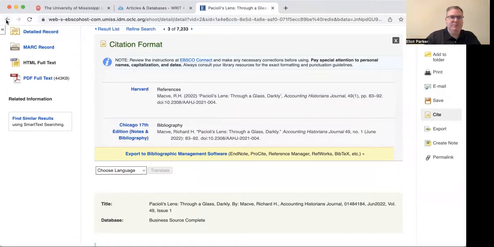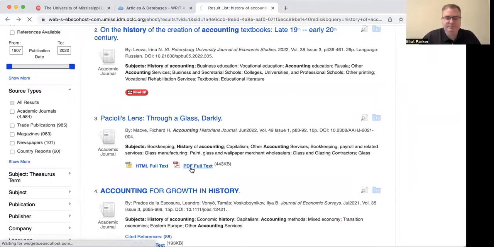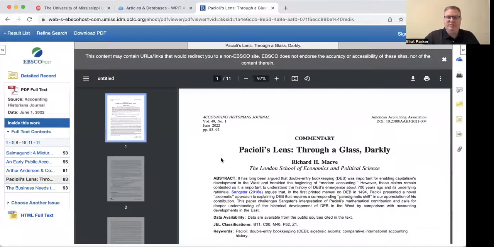If I go back to the previous page that I was on, if I click PDF full text, what you're going to see is an actual reproduction of the article as it appeared in that literary journal. So you'll notice that the titles look a little bit different, the fonts are a little bit different. We've got all of the information about the volume and number and year it was published, so on and so forth. We've got the American Accounting Association identified up at the top. You don't see that as much in the HTML text. It's just the actual text itself. But in PDF full text, you are seeing an exact replica of that source as it appeared in that literary